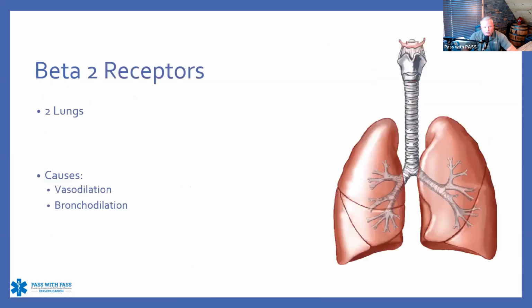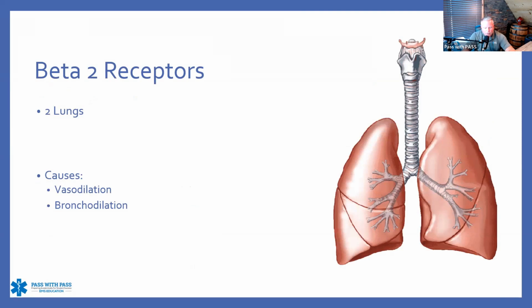And then your beta 2 is your lungs. So this is where we're going to end up getting a little bit of a reduction in the uterine and GI smooth muscle. So we're going to be able to breathe a little bit easier. Things are going to move forward a little bit easier depending on which part of the body we are actually affecting. So there is going to be some vasodilation with that, but for the most part, what we focus on